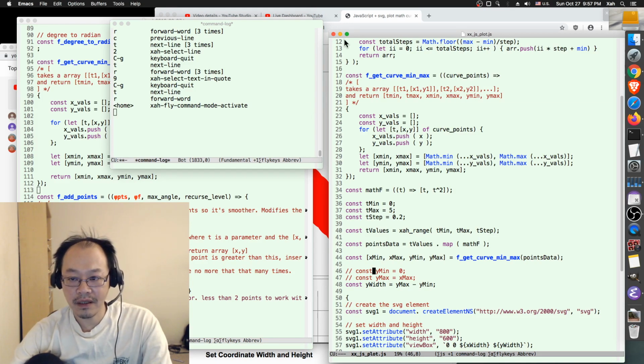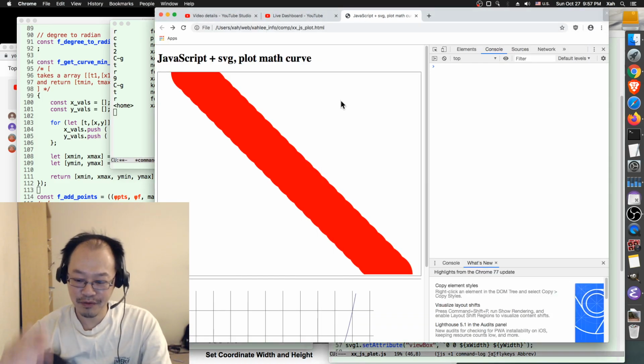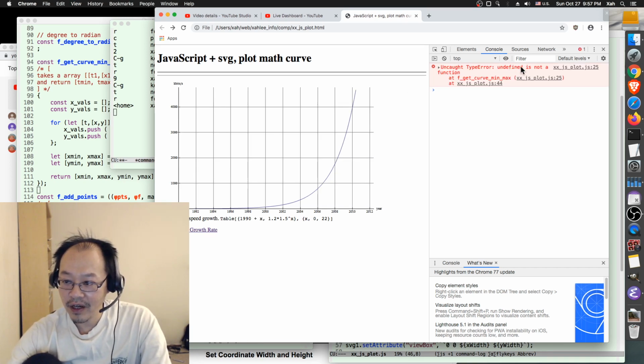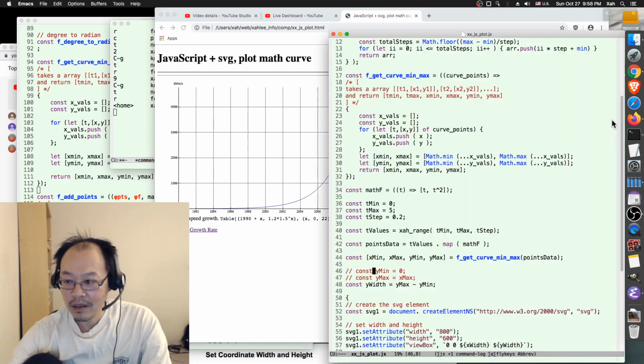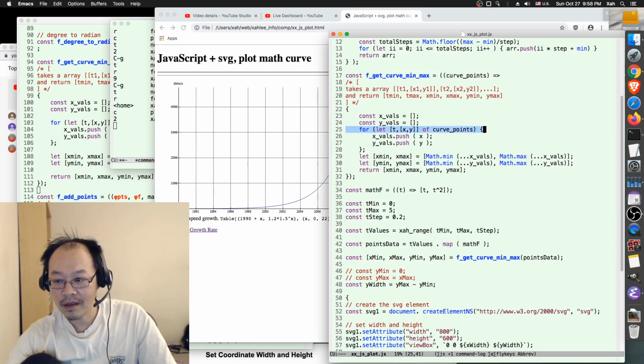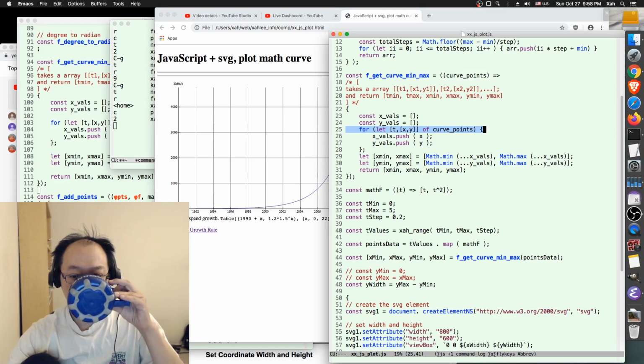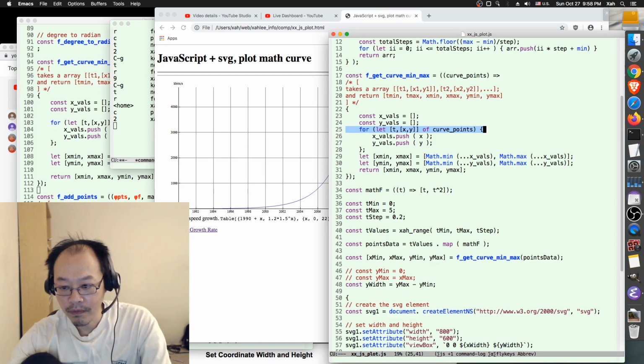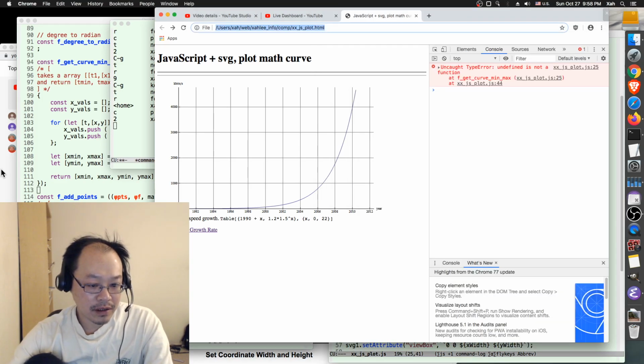Okay, so let's see. Let's hope it works. Let's refresh. No, okay, because type error: undefined is not a function at line 25. Line 25, undefined is not a function. Okay, so I think this is gonna